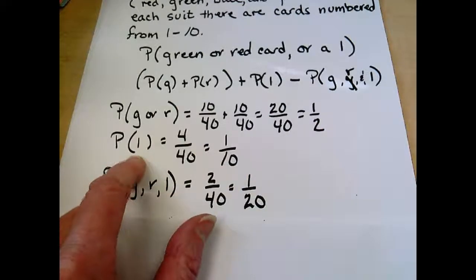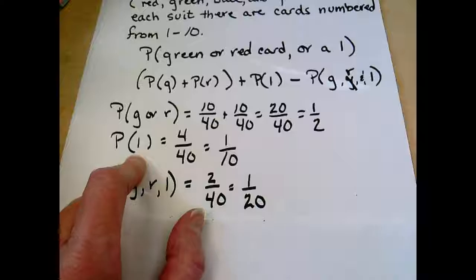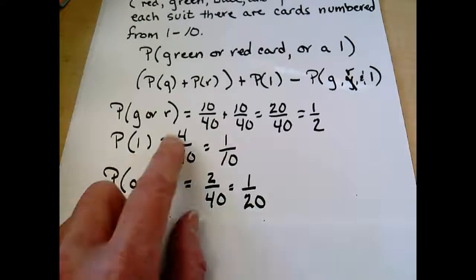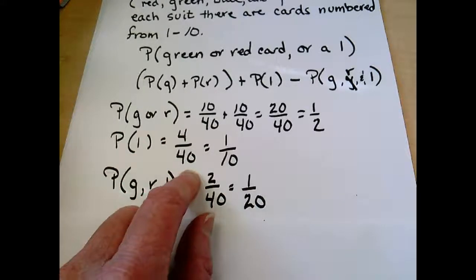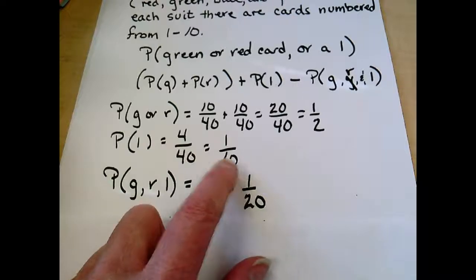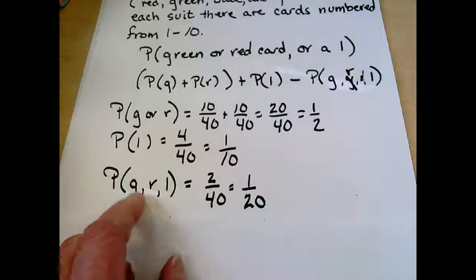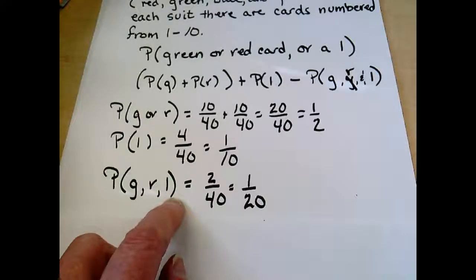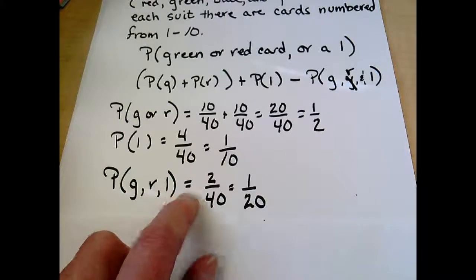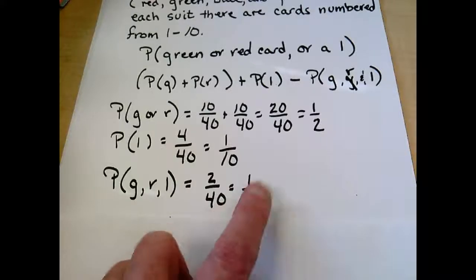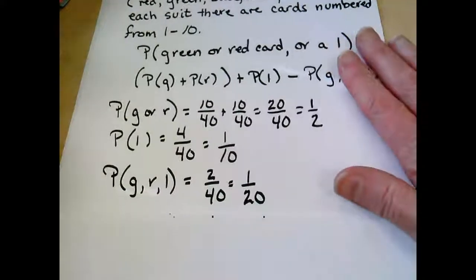The probability of the 1, well, in the 4 suits, there's a 1 in each suit, so that's 4 out of 40, which is 1/10. The probability of getting a green, red, and 1, well, in the greens, there's only 1 1, and in the reds, there's 1 1. So that's 2 out of the 40, or 1/20. So then we have to